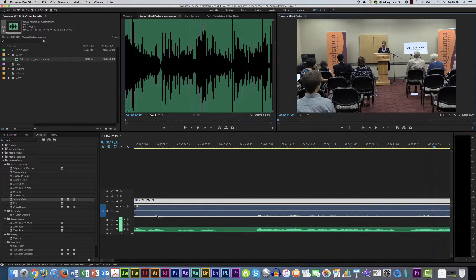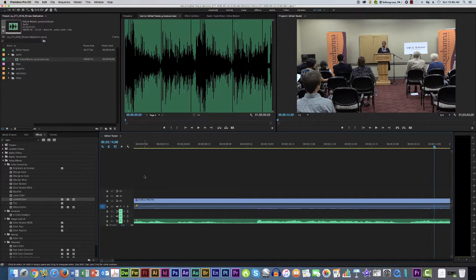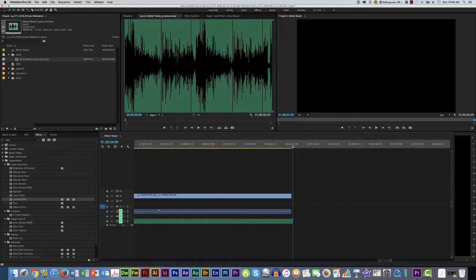I'm going to put it back to 0 just so we can compare a little bit later. So what I usually do with this, come on 0, where are you? That's close enough. I'll put this back where it is. So what I normally do is I'll take the cursor and I'll mark an in point at the beginning of my sequence, and I'll mark an out point at the end of my sequence. And then what I'll do is mute the channels that I'm not using,